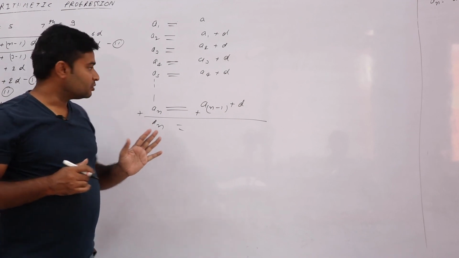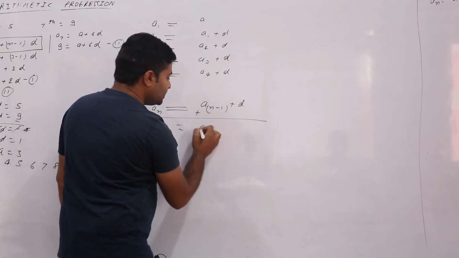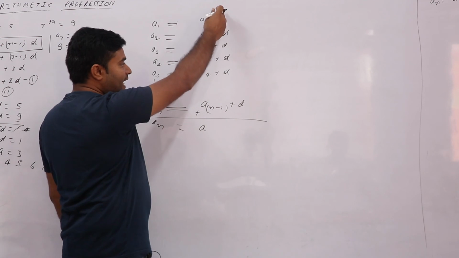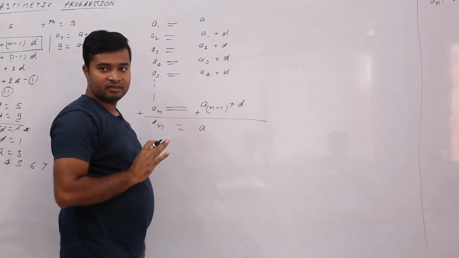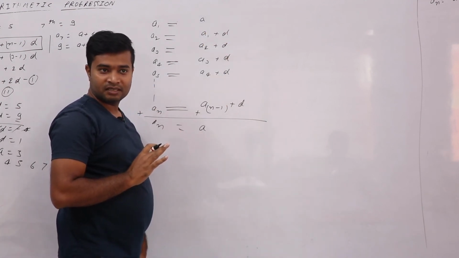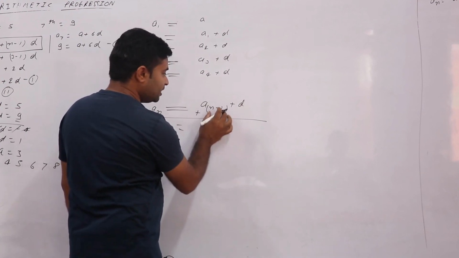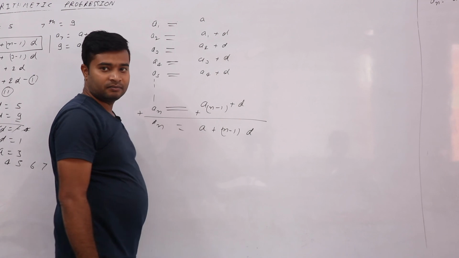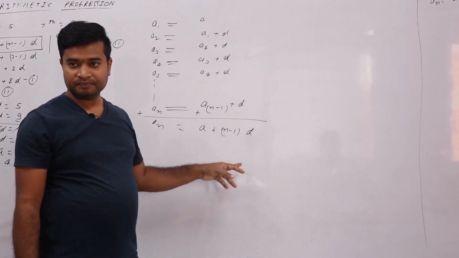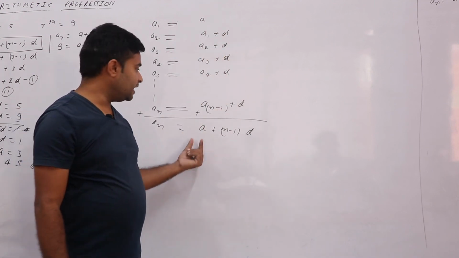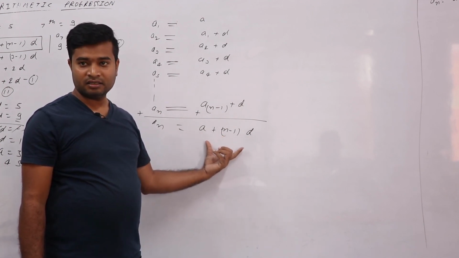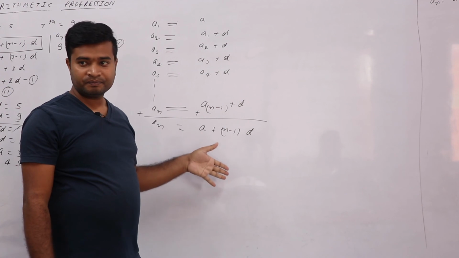Getting or not. So here the full common is a only, sir. And d is every time the same, d is every time same only. So a plus, and this one and directly here, d, because d is every time the same thing. So a plus n minus 1 into d. This you get as your final result and get to know how it came.